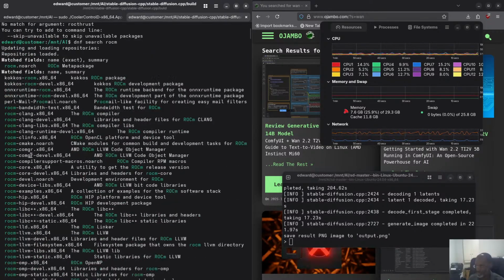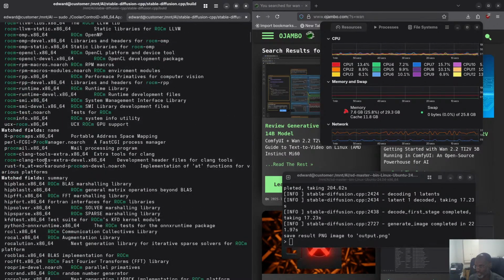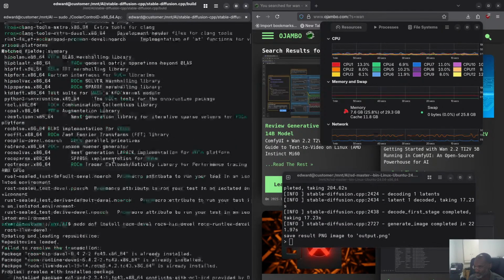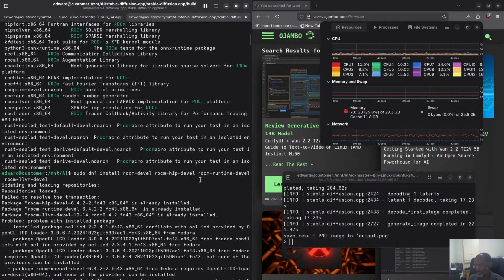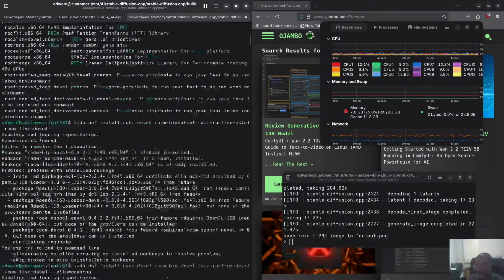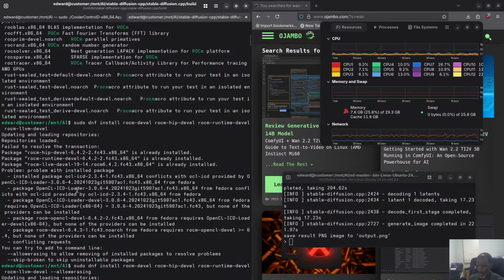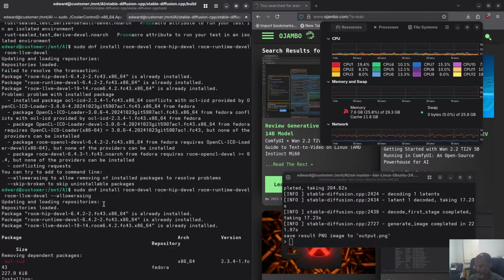Where is it here? Where is these? Yeah, here, this one. Rocm said it's devel. That's how, as I said, the Fedora and Red Hat family usually do it. So when I found that one, I then ran that command again with the fixed names. And then this time there were some problems, most likely because there must be some new updates. So I put allow erasing, because I don't use OpenCL